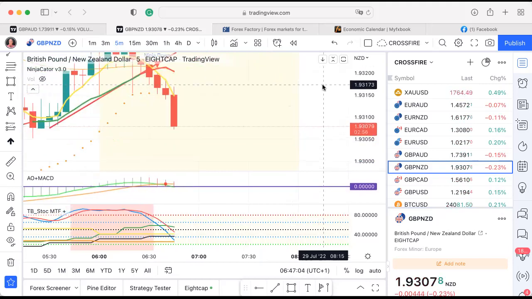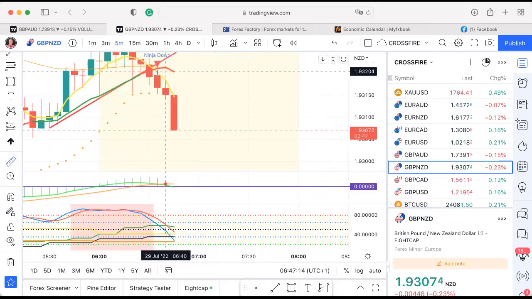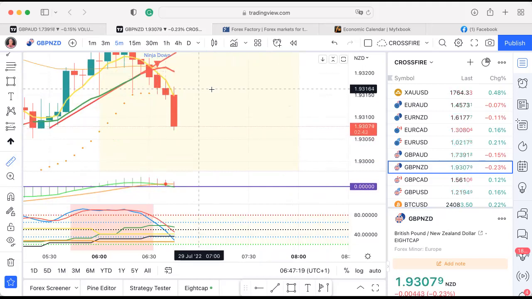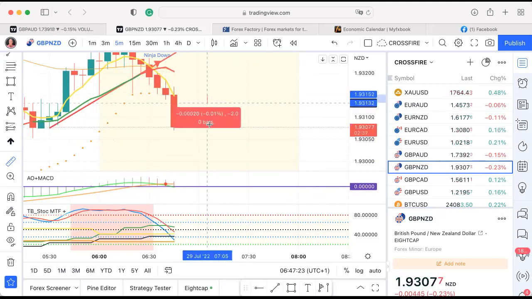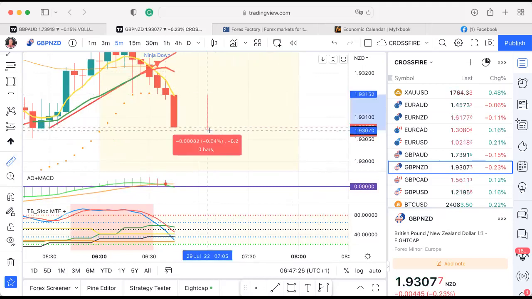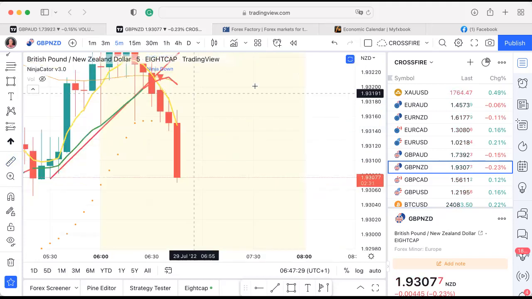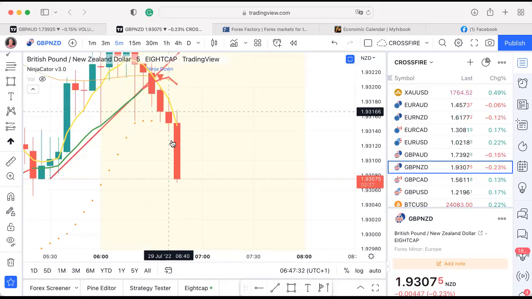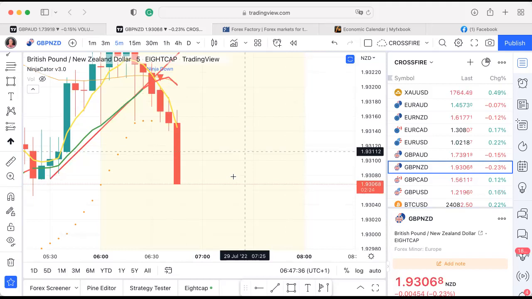Like I say, my favourite would have been GBP AUD, but this is making a stronger move. It's already travelled, but there was a ninja down. So even if I didn't get in that first candle, I might have been tempted to get in the second. But certainly by the time it got here, I should have been thinking about getting in. And you've already got 8 pips out of that. Because I was looking at others, I missed that. But that's a valid trade, and it's still continuing down.